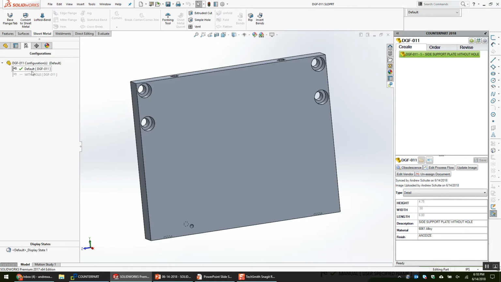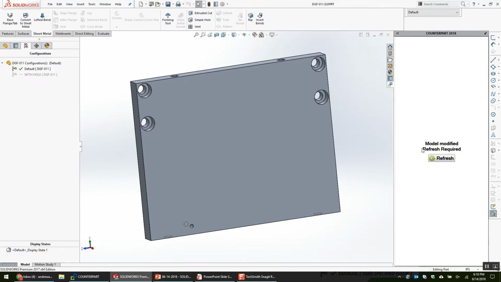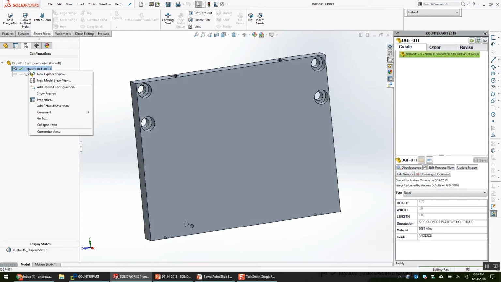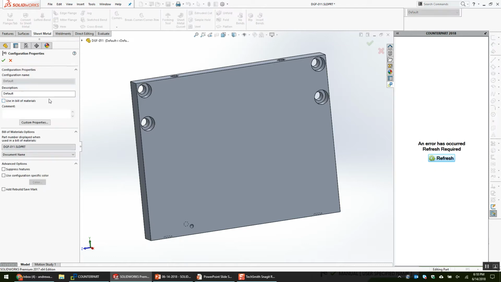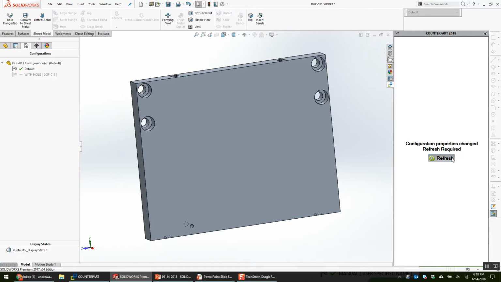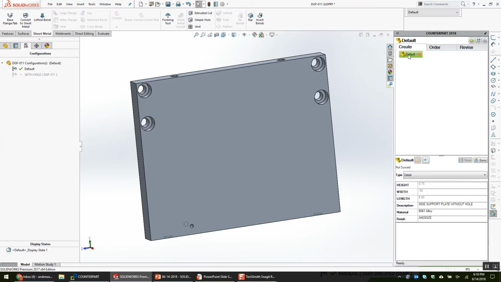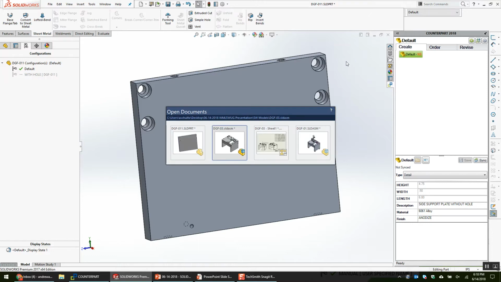So if I go to my configuration tab, I'm just going to delete my without holes one. We'll leave it because Peggy asked that question. So if I go to my configuration here and go to properties, and everyone has this in SOLIDWORKS today, and I change it from document name to configuration name, we can see the bill of material options here is going to update and show me default. So if I rebuild and refresh, we can now see that it says default,